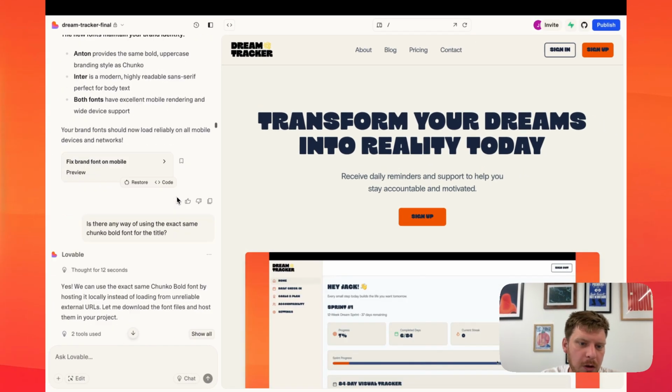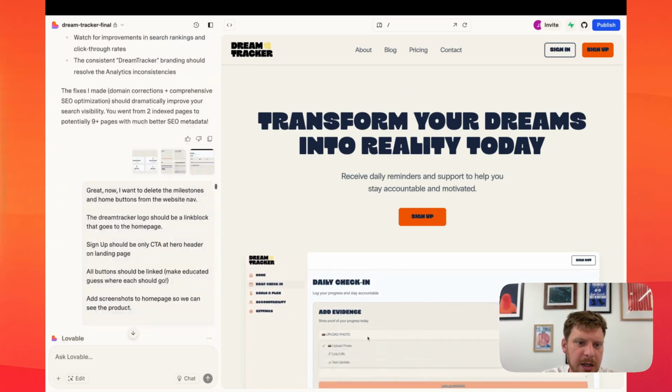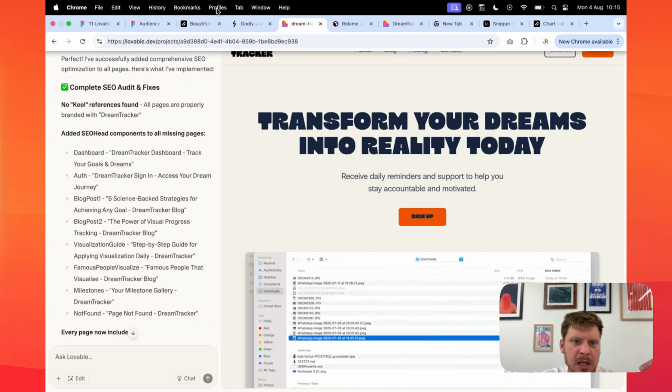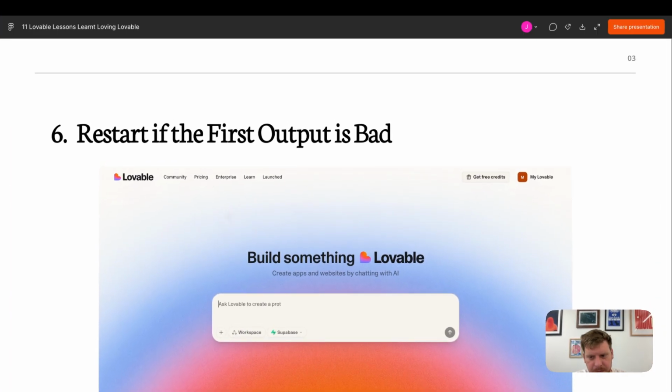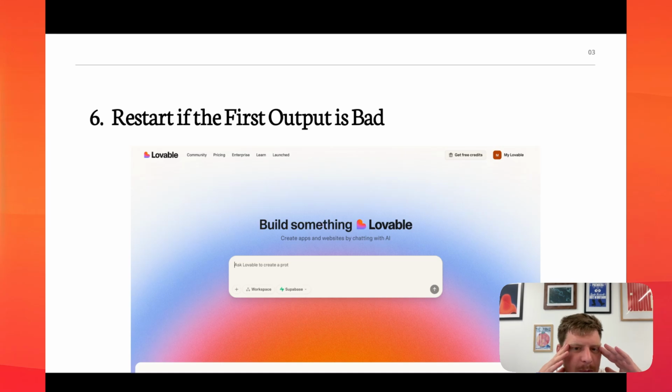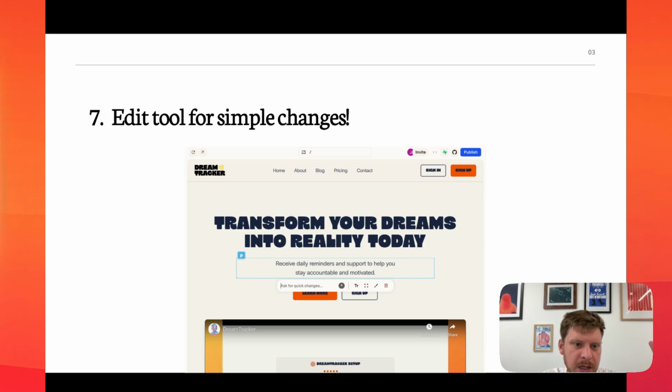That will, all of this stuff that I've done will change back to how it was before. So it's basically saved copies of your site, which means that you don't need to be like, oh my God, I've changed so much stuff today and it's all messed up. Just go back. Just reload a previous version of the site.